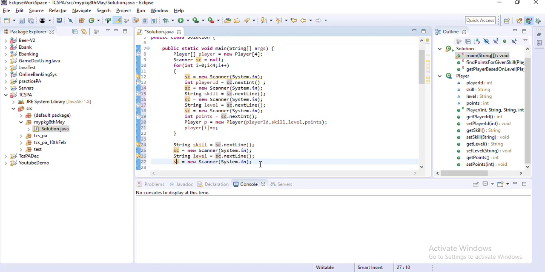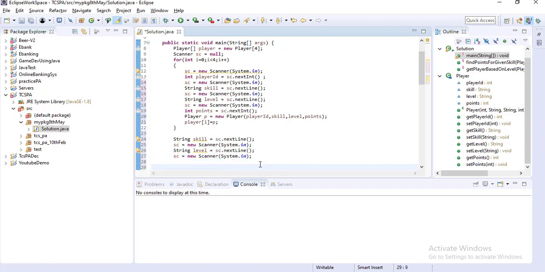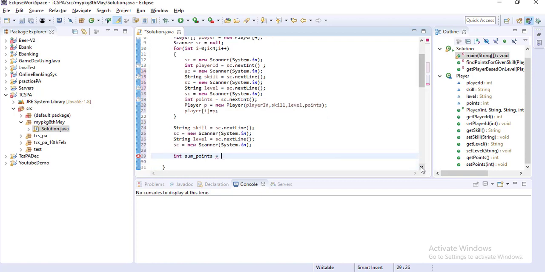Then here I am calling those two methods. The first method will return some integer value, so I take an int variable, sum_points, which will return the sum points. Then I am calling the first method.